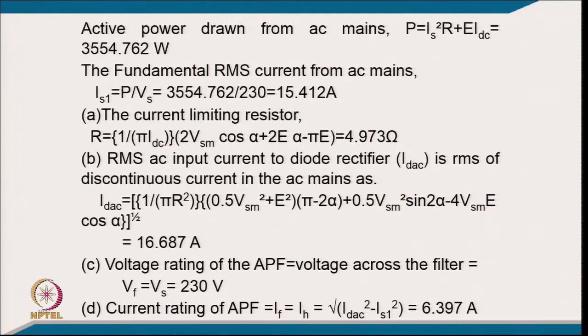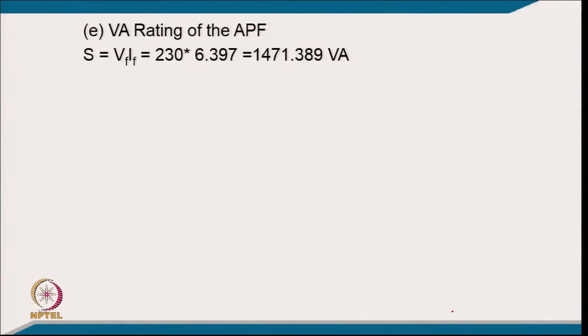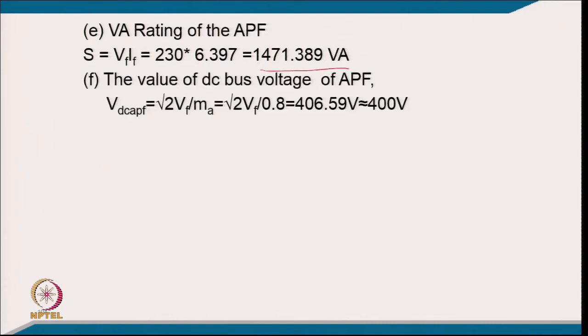and the current rating of your active power filter will be the filter current, that is IS square minus fundamental current squared, under root, so this comes 6.397. The VA rating of the shunt filter is VF, the voltage, multiplied by the current, that is 6.397, so it comes 1471.389 VA, and the value of the DC bus voltage VDC comes typically